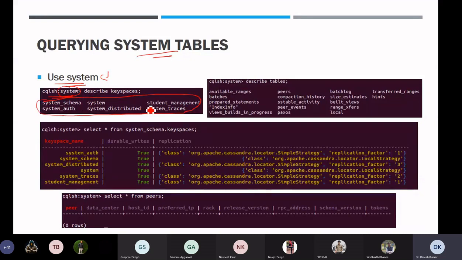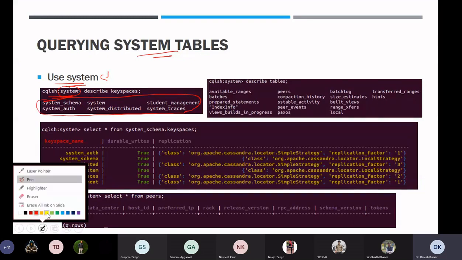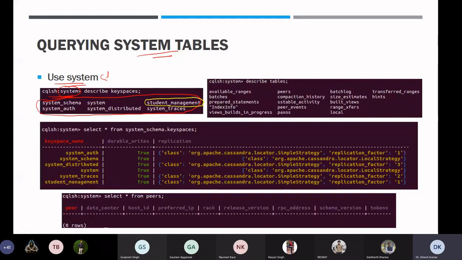And notice this is the keyspace that we have created, student_management. It will list out all those keyspaces which are there in your database. Then DESCRIBE TABLES will show all the tables in this system keyspace, all those system defined tables.